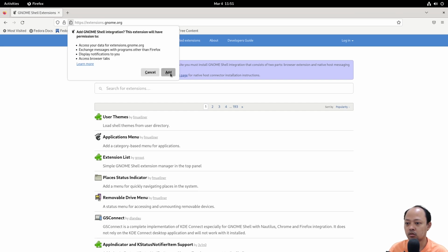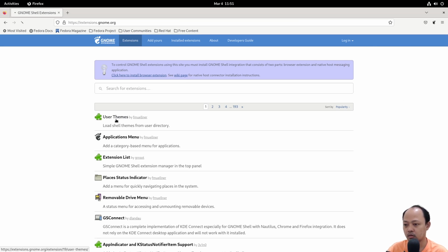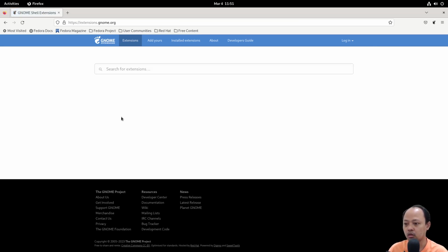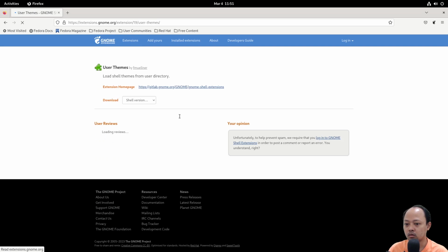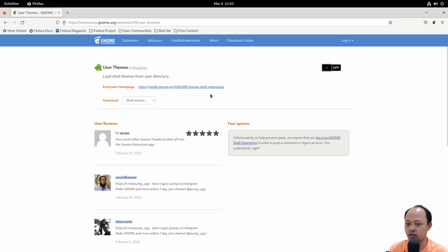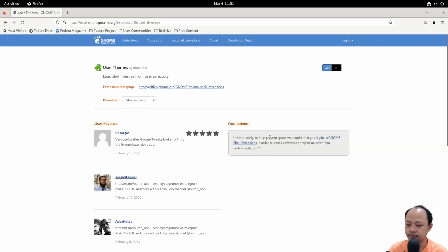Continue installation, add, and then OK, and then let's refresh the page. We need to install this. And then click this button, install.